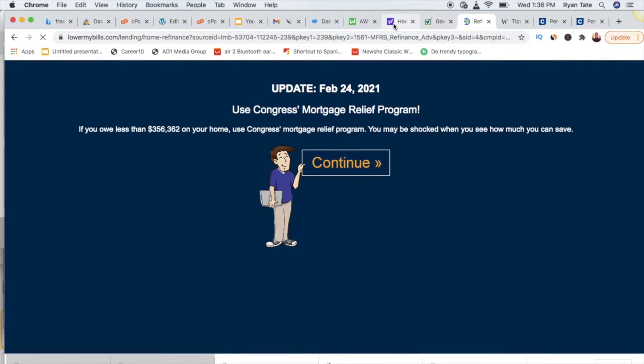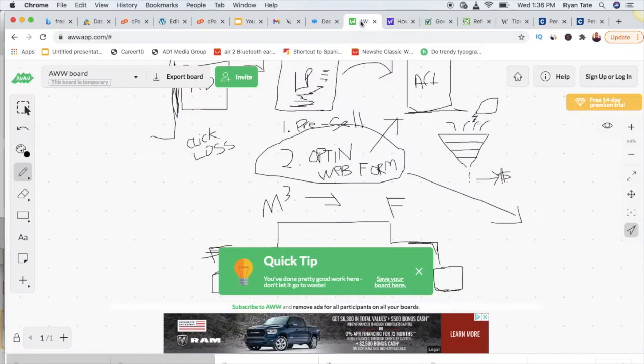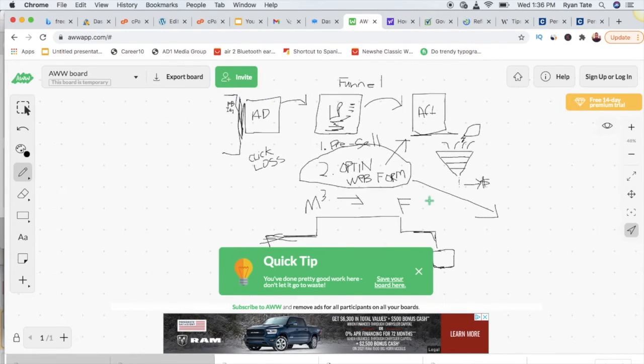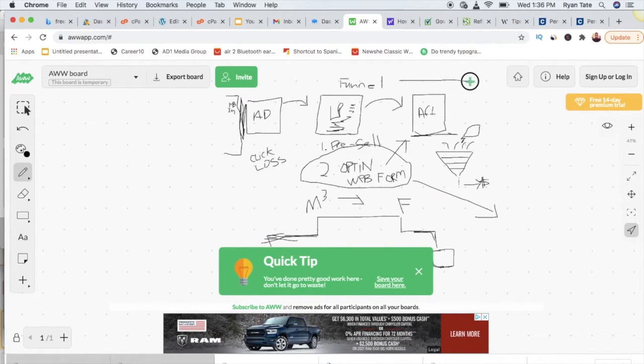So just to wrap this up and get you to understand what's going on, it can be really simple. What you need to do is think about this in your prospect's mind. What does a person need to go through to get enough information to take action on the affiliate offer that you're promoting?